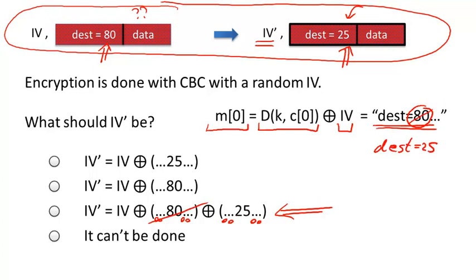So this is a nice example where, with a simple change to the IV field, the attacker was able to divert the packet so that after decryption, the packet goes to the attacker instead of the actual web server. As a result, the attacker can read the plaintext data that was intended for the server. This example shows that without integrity, it's simply impossible for a CPA secure encryption to provide confidentiality when the attacker can modify packets en route. CPA secure encryption only provides confidentiality if the attacker is only eavesdropping on data but can't actually modify ciphertext en route. Whereas, as you see, if you can modify ciphertext, a simple modification completely reveals the plaintext.